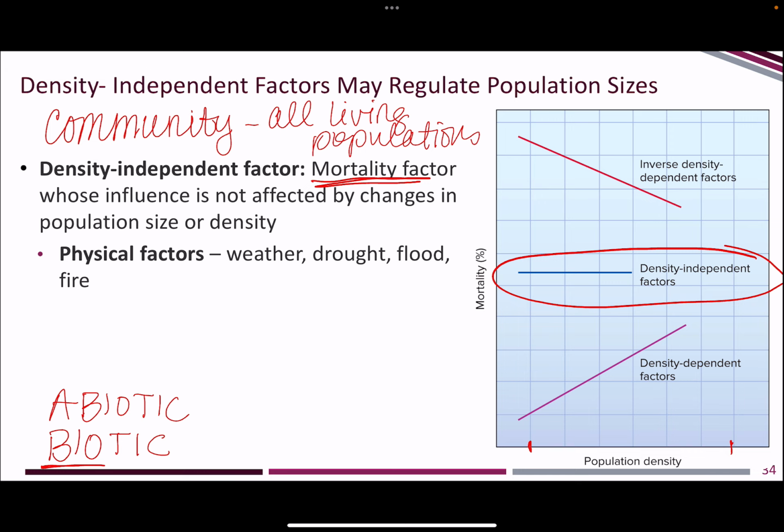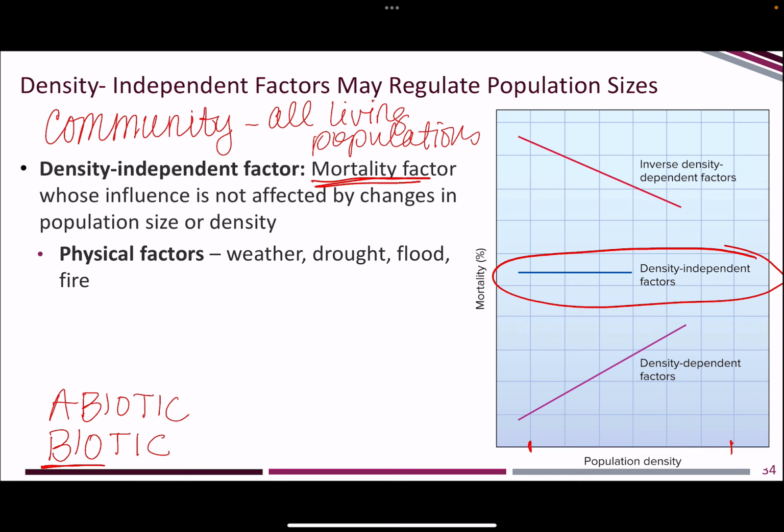Density independent factors tend to be physical or abiotic factors. So things like weather, drought, flood, fire. These are not things that our organisms are competing over. They are things that basically are out of control of the living world. Not that the living world is controlling one another, but so for example, if we have a flood and that